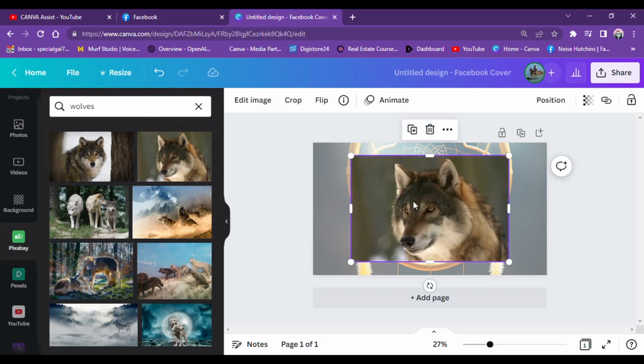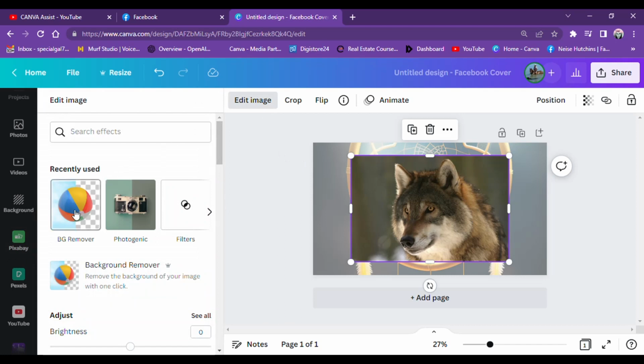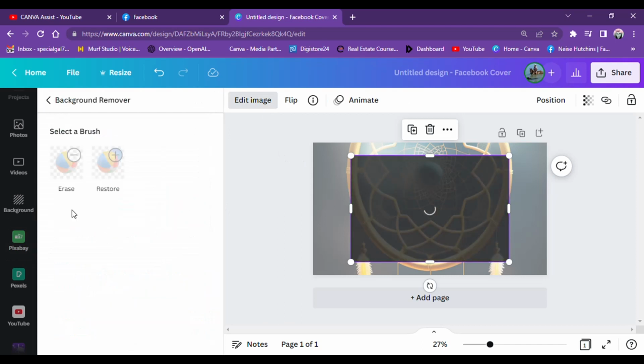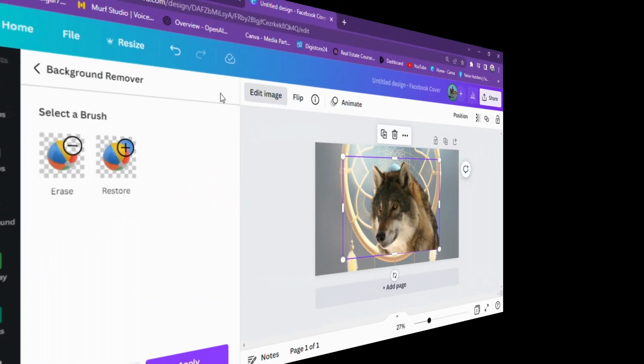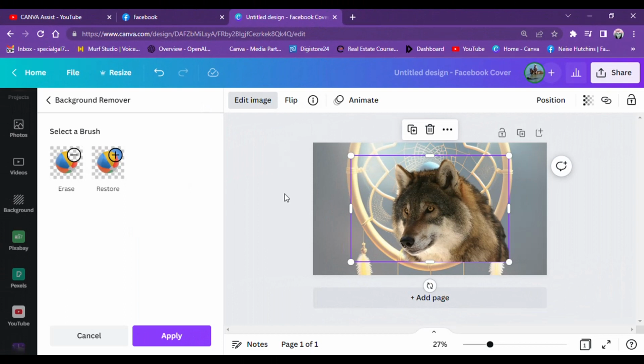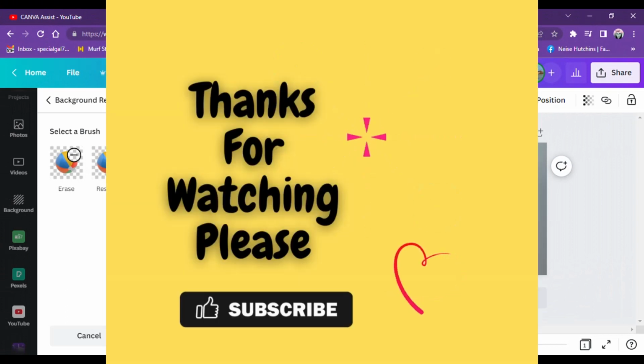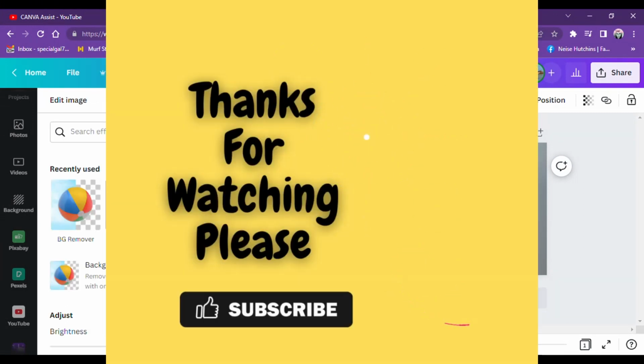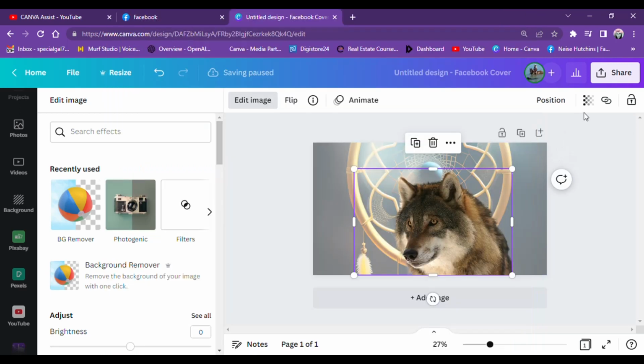Alright, now what I might do is I'm going to remove the background on this image. So go up to edit image, go to my background remover, background's done, apply. Now I want to make my wolf transparent as well, so I'm going back up to the